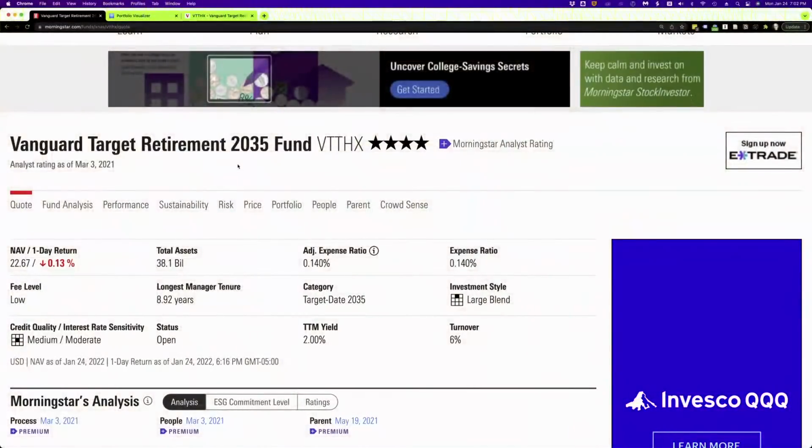Actually, I'll do it this way. I'm just going to Google Vanguard 2035 fund, and I'll show you this on the screen. I'm going to show you this in Morningstar and on the Vanguard website. All right, so we'll start with Morningstar. We're looking at their 2035 fund, and we go to performance,